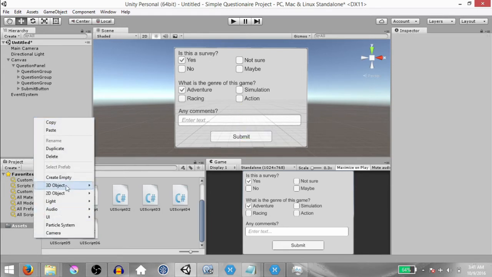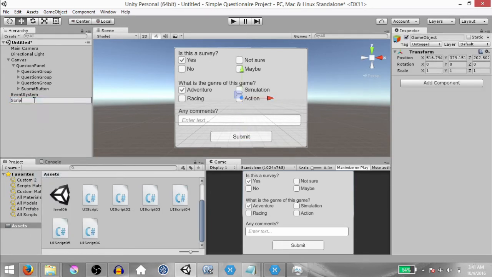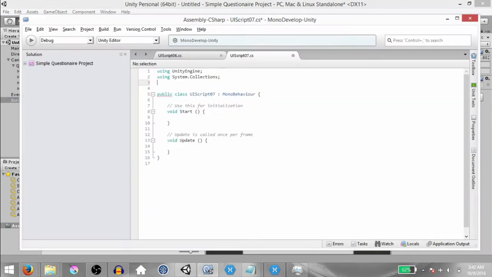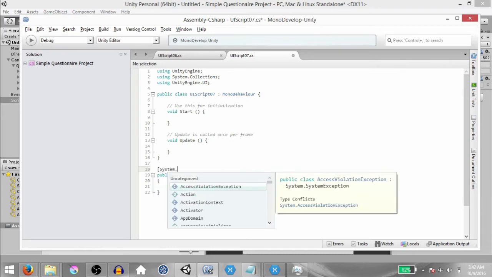Right click in the hierarchy, create an empty game object, call it scripts, and add a new script to this. We're going to call it UI script 07 and open this up in MonoDevelop. Alright, first we need to type using UnityEngine.UI. Then we need to create another class, type public class QAClass07 and add the System.Serializable attribute to this